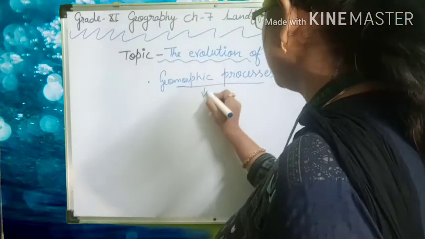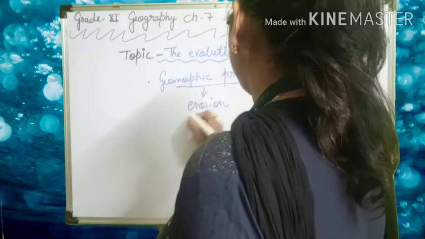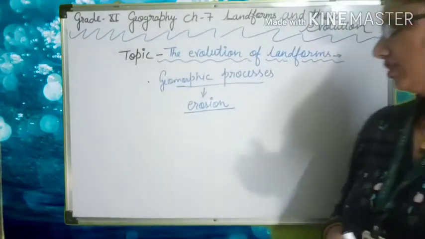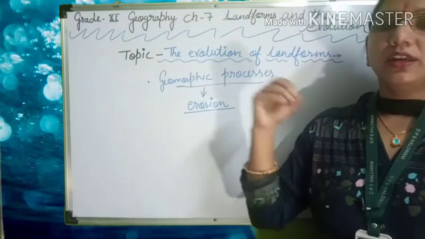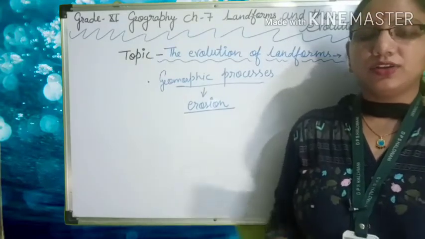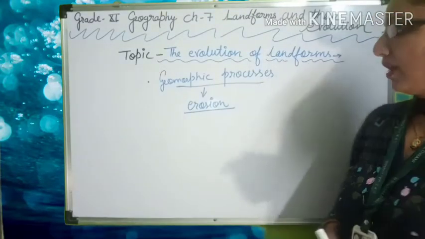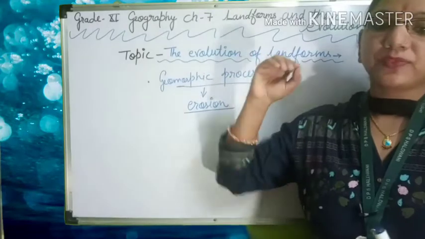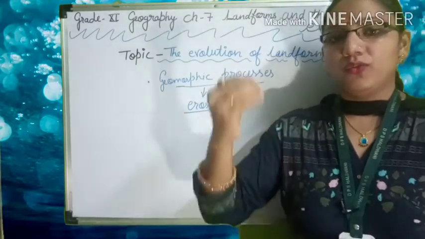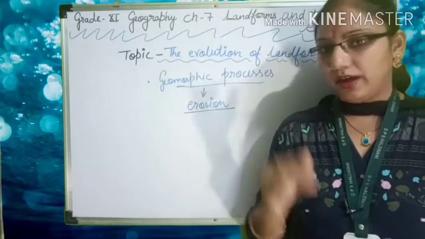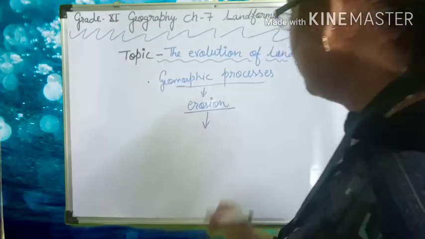The erosion activity is especially behind the evolution of the landforms, with agents like river, wind, glacier, sea waves and others. So students, among them the most important agent of geomorphic processes is running water, which can be in the form of waterfalls and in the form of rivers. So the most important agent is the